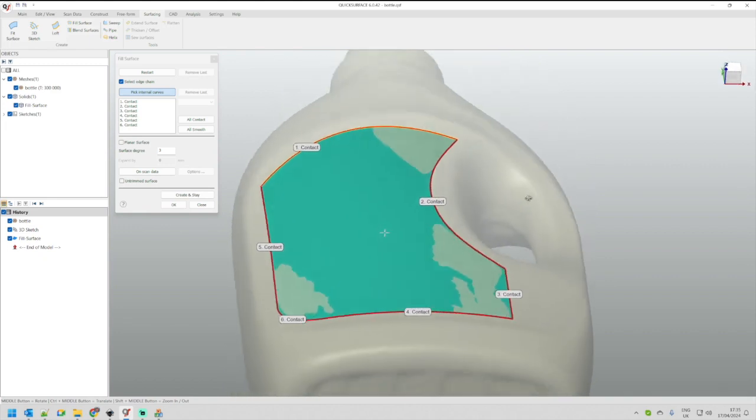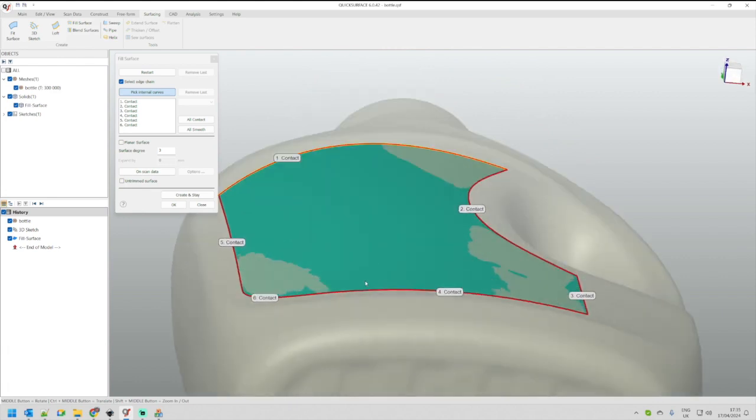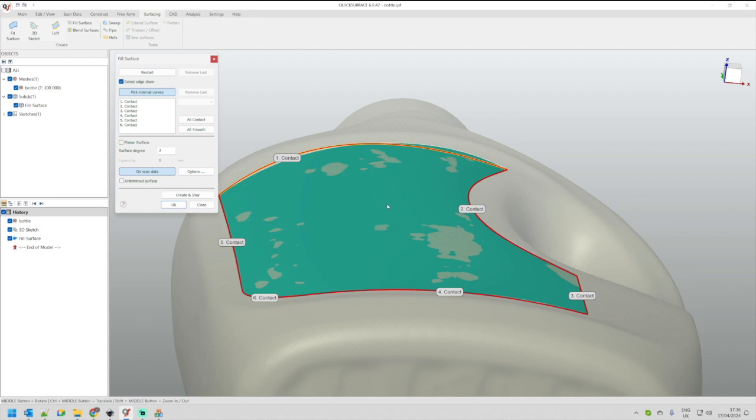Now, the problem with this is that it actually does not represent the underlying mesh. What I mean with this is it doesn't take into account how the topology is, but only the 3D sketch. In many cases, due to the way it works, it may not approximate the underlying mesh. For this reason, we have something that is called onScan data. The command onScan data will actually analyze the underlying mesh and will create a surface which fits really well the